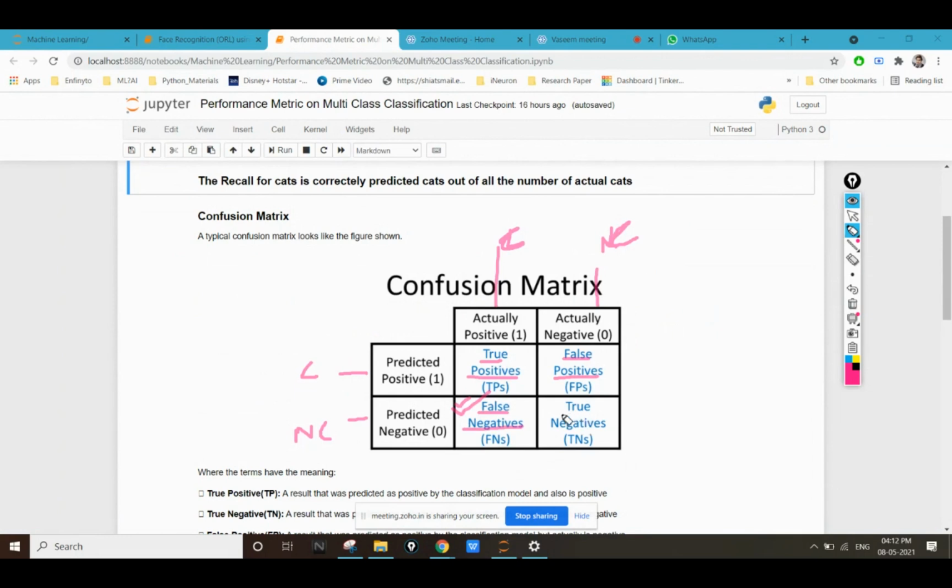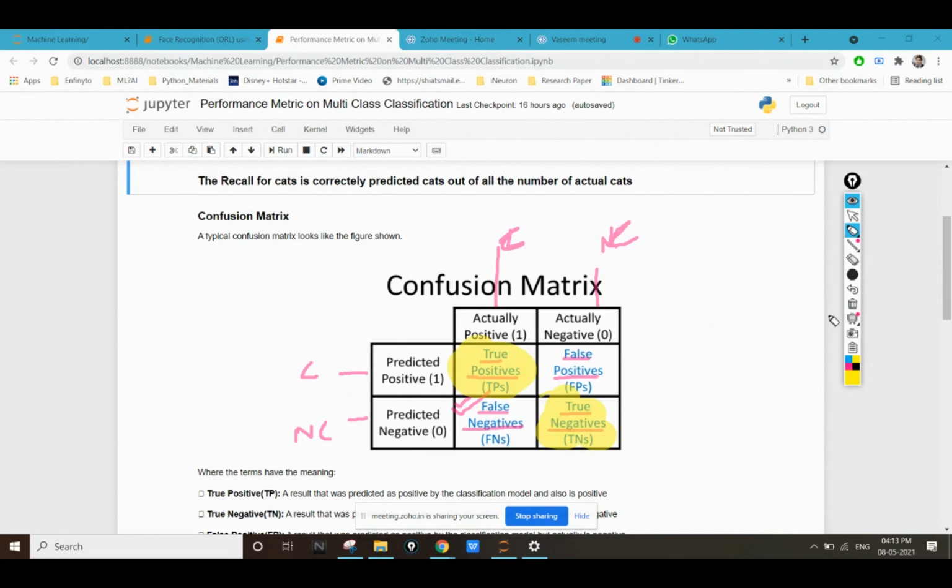Now this is true negative, which means I actually do not have COVID and my RT-PCR test predicted the correct value. So in the first and second diagonal, you can see that my RT-PCR test is able to predict the correct output. But in the rest of the cases, I'm not able to get the correct output.